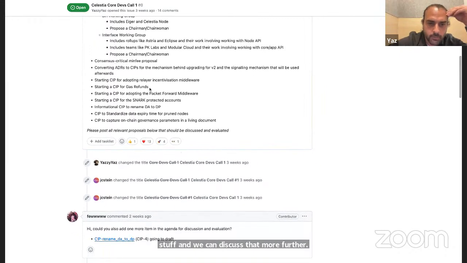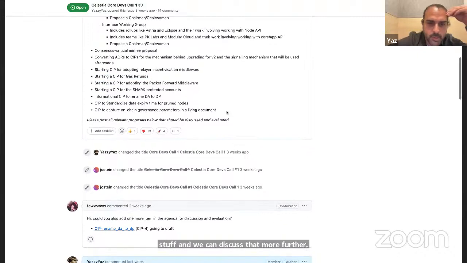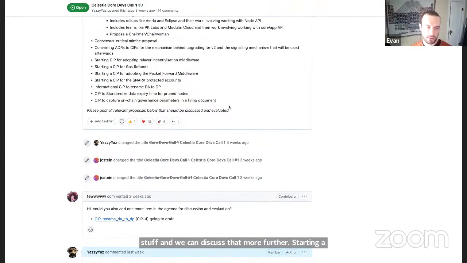Starting a CIP for gas refunds. I think Retool will probably be helping to write this and implement it. So Retool, chime in if you have a different understanding of this. My understanding is the Cosmos SDK at the moment doesn't actually refund gas.